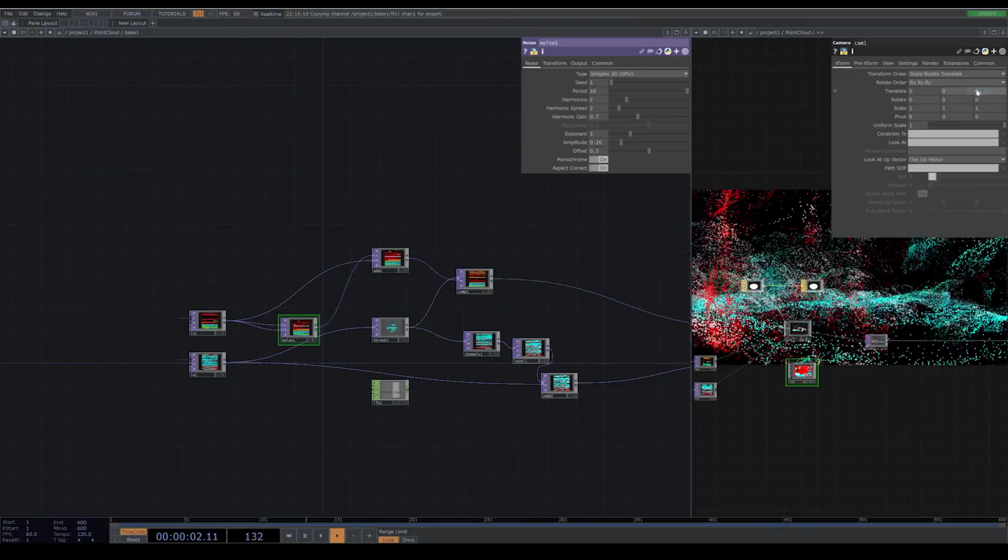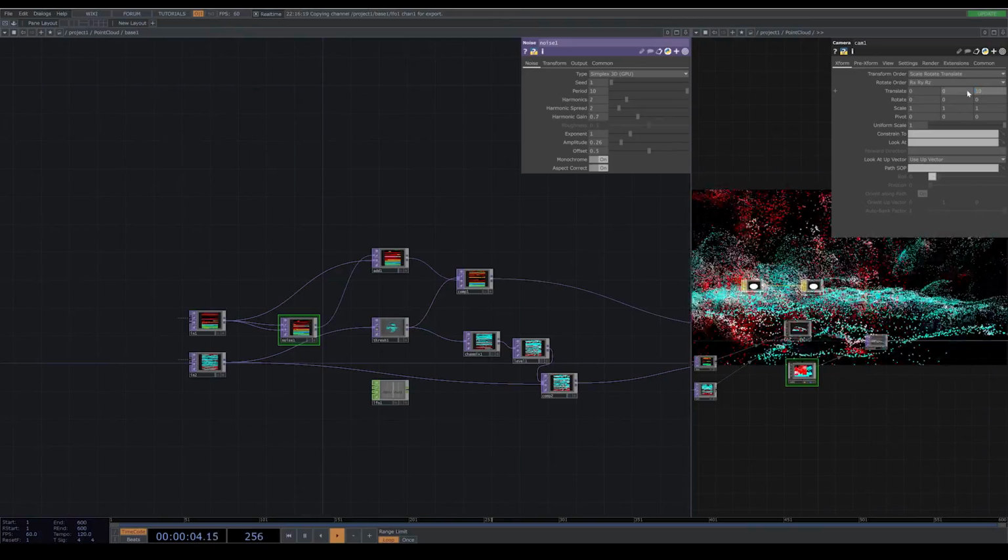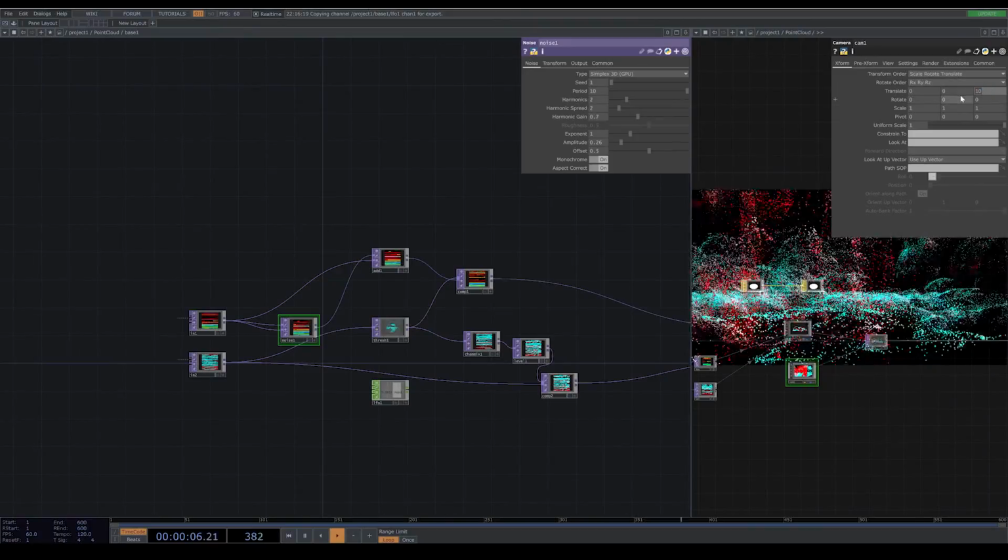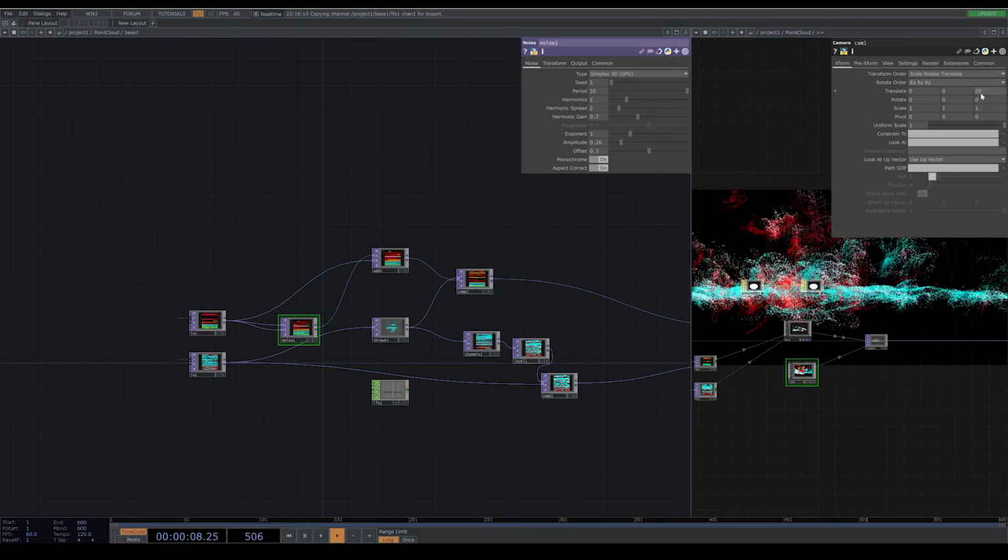Just play with the camera to zoom out a bit, not a bit actually, but